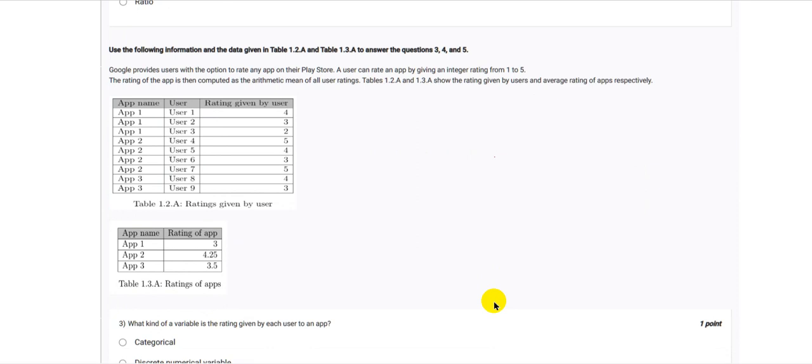Google provides users with the option to rate any app on their Play Store. A user can rate an app by giving an integer rating from 1 to 5. The rating of the app is then computed as the arithmetic mean of all user ratings. These two tables give the rating given by users, and the rating of apps, which is the average of the ratings given by the users. Okay. Now our question is,